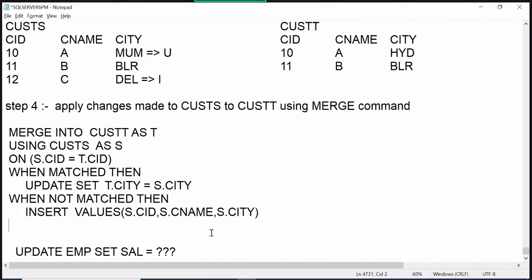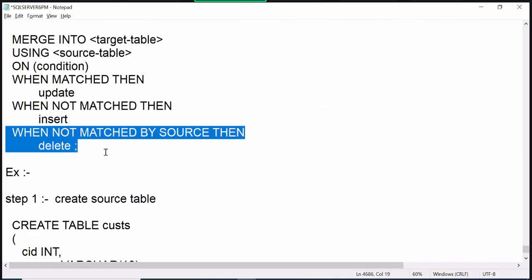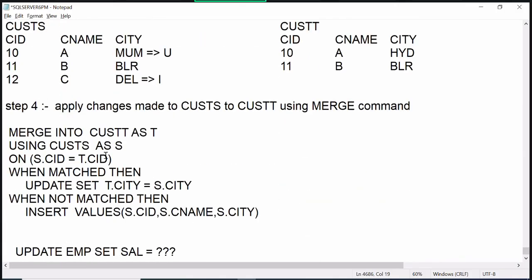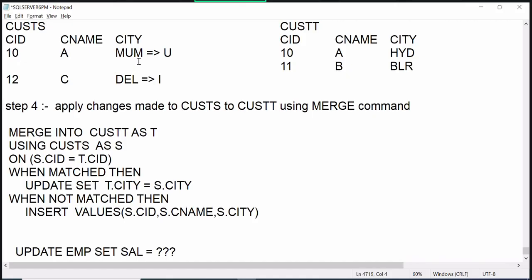If you want delete also, it's not compulsory that you have to write this, when not matched by source. If delete is there, delete. Suppose, once again, you deleted the row from the source table. This is a delete. It is deleted from the source, but it is there in